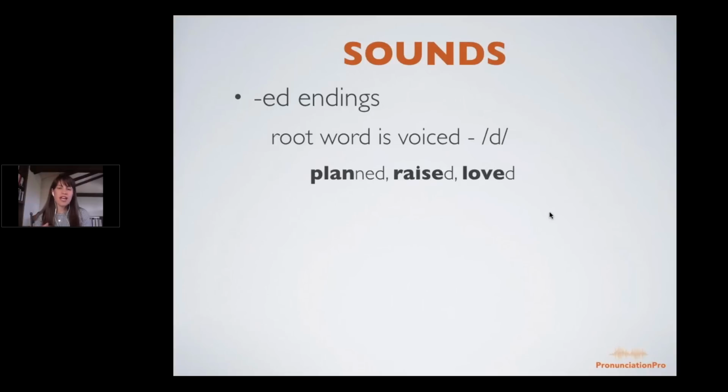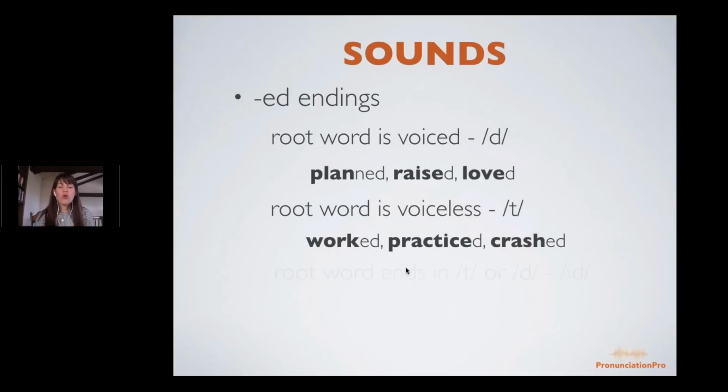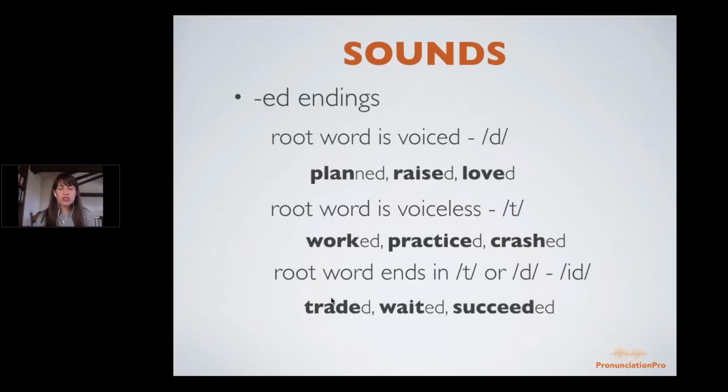So we have 3 different endings. The root word is voiced, so we end in D. The root word is voiceless, so we end in T. Or the root word ends in a T or a D, and we say id at the end. So a lot of my Spanish speakers will want to say the id sound at the end when there's an ED ending